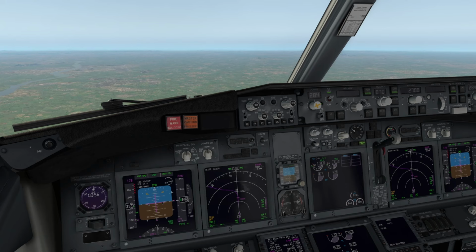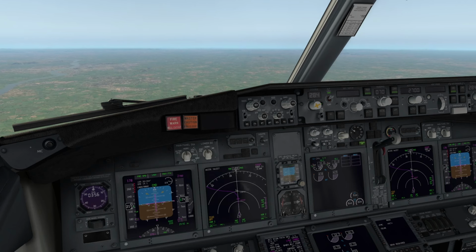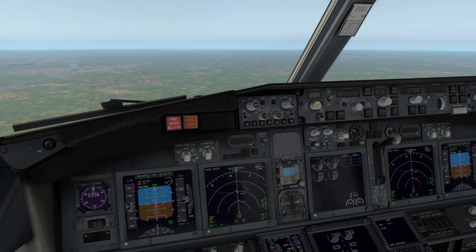Okay, it's decreasing the speed to 170. That is not required as of now. So what I can do, I can retract the flaps also, or we can leave it. It will take some time,